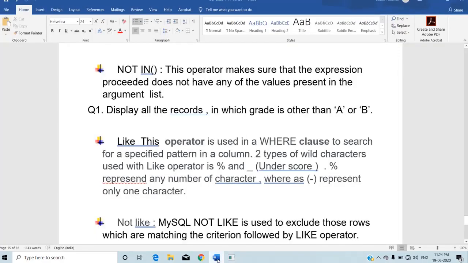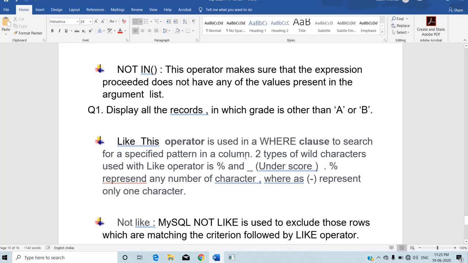Now the next one is the LIKE operator. This operator is used to check pattern matching conditions. It is used in a WHERE clause to search for a specified pattern in a column.